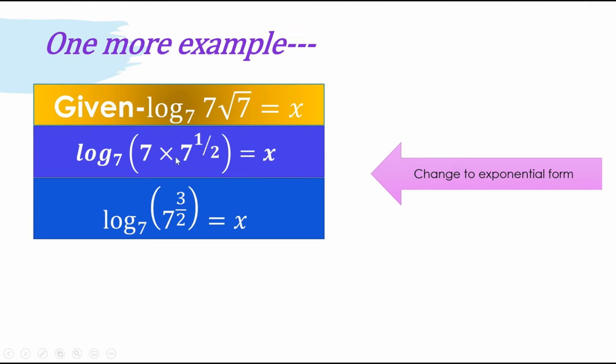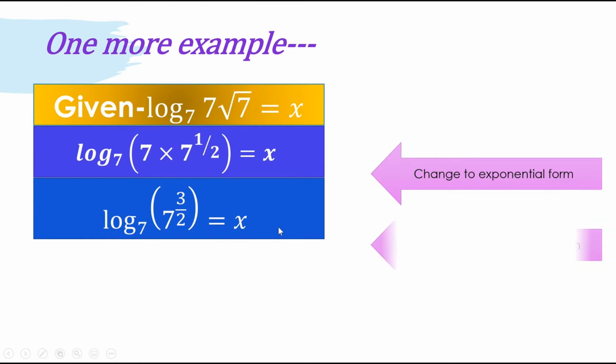Because if you see here, there are two terms with the same base, 7, right? And here nothing is there, that means it is 7 to the power 1. So 1 and 1/2, that means the powers are added, right? And so here 1 plus 1 by 2 becomes 3 by 2. Okay? So it becomes log of 7 to the power 3 by 2 with base 7 will be equal to